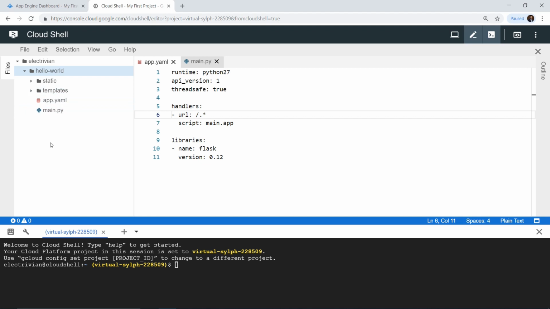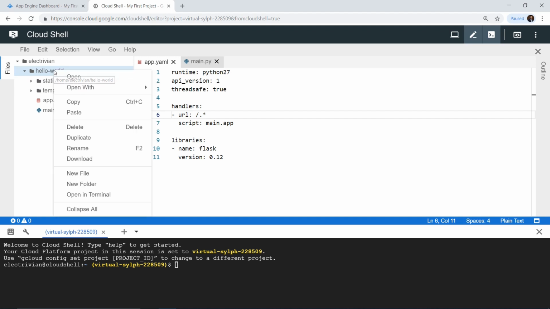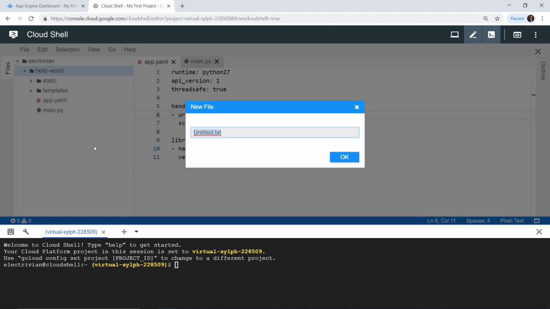Okay, so after doing this, now let's create a basic configuration file for the App Engine. This is particularly required so that App Engine can better understand where all of your dependencies are stored. Now we have to create that file inside the root directory of our project. The root directory of our project is hello world. So now let's create a new file, and the name of this file is appengine_config.